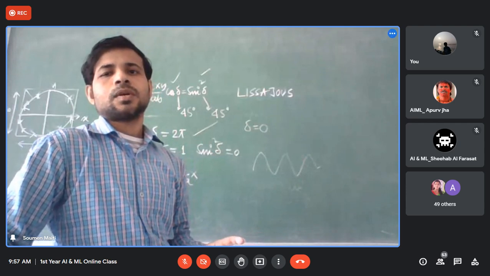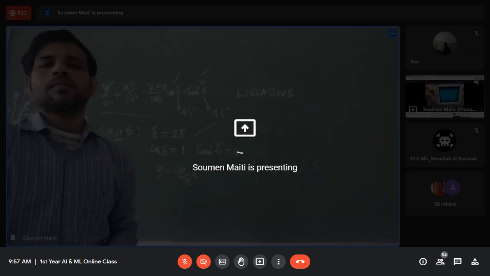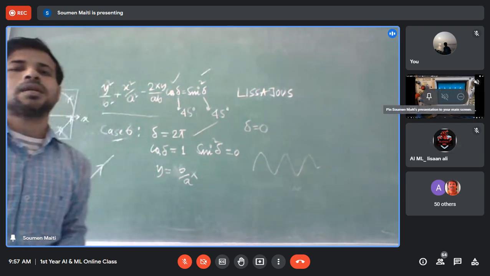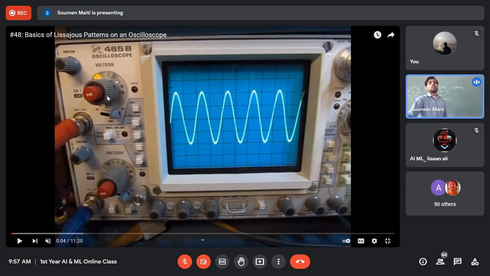Look at this. Is it clear to everyone? Yes, sir. My point is that this is called an oscilloscope, where you can check the pattern of the waveform, the current, voltage, and other things. Right now there are two channels, channel number 1 (CH1) and channel number 2, and in the two channels you can put two waves or two inputs.